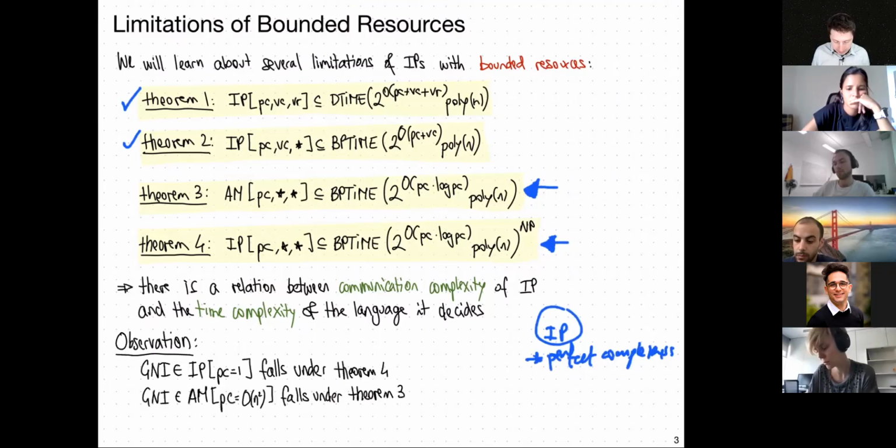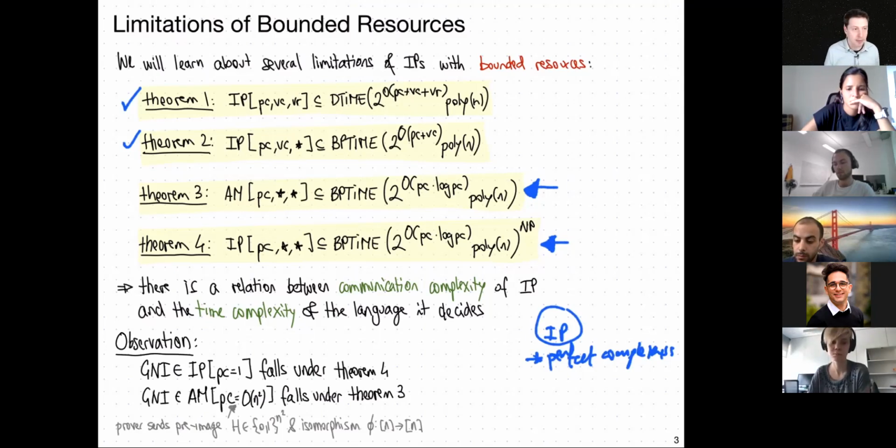But I think that's just the punchline for today. And this is our last lecture on interactive proofs, before we switch to interactive oracle proofs, because not everything is possible with interactive proofs alone. It would be nice. And among the strongest limitations that we know in interactive proofs are precisely these types of theorems, okay? That the fewer resources you have in communication, the easier the language can become to decide. And therefore that